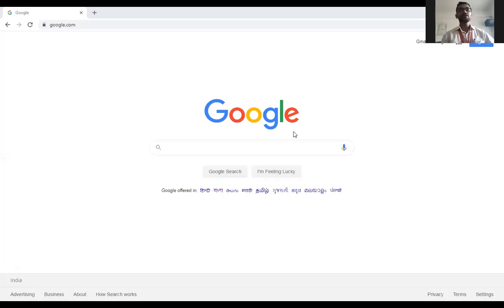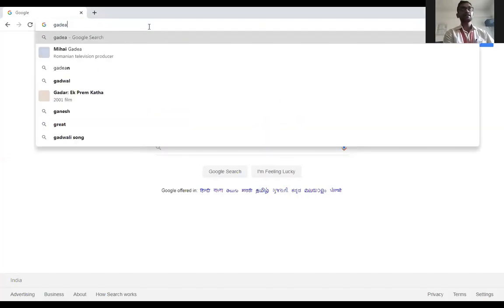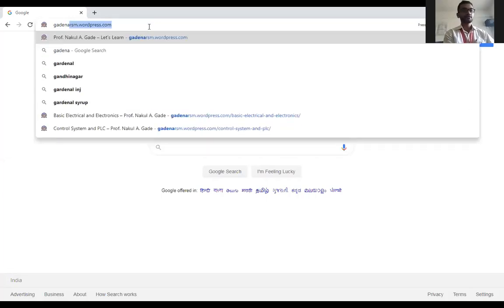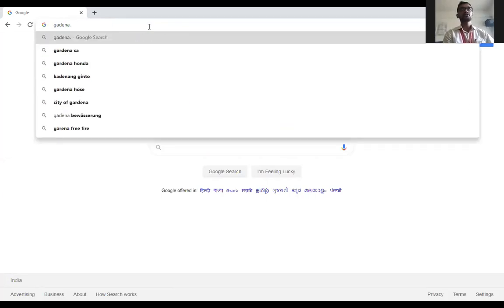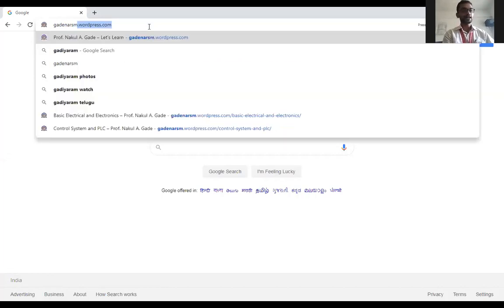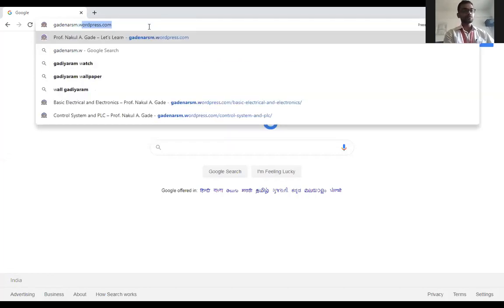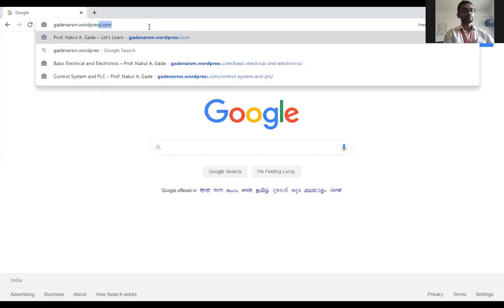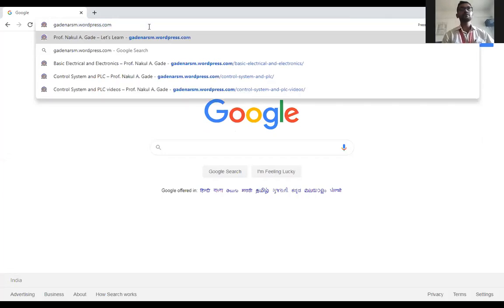In Google, you have to just write GADE NA dot GADE NA RSM dot wordpress.com. Correct? You have to write it as it is.